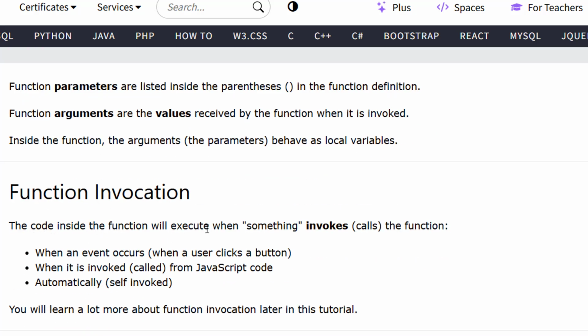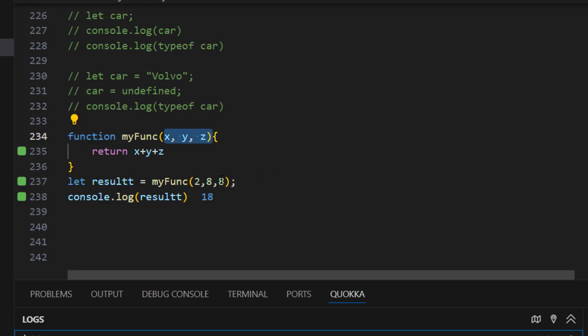Function invocation: the code inside the function will execute when something invokes or calls the function. If you don't invoke the function, it will not give you a result. So it has not been invoked. This is the invocation, these parentheses. And you have to provide the